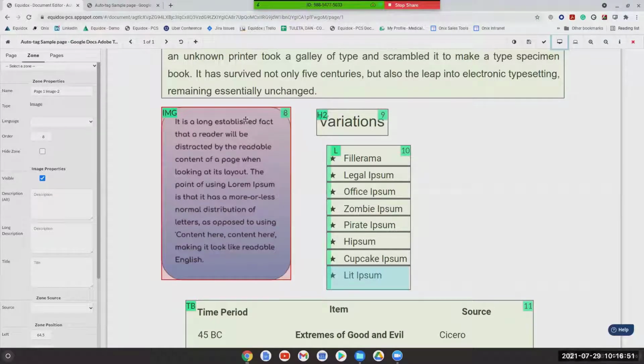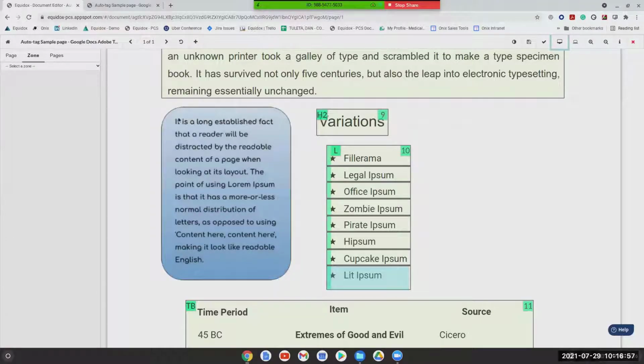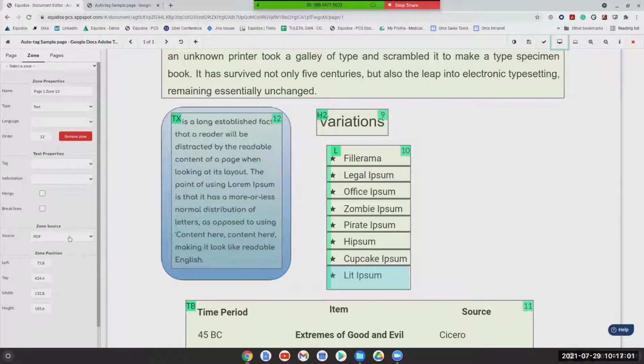So what I want to do is use a technique called OCR. If I hit backspace to just artifact that image, I can then draw a new zone over this text content. And if I change the zone source to OCR, I can then press convert to text, and convert to text will actually run a process where it will look at the image that I've taken here of this zone, and it's going to process it and try to establish exactly what is inside of it in terms of usable, selectable, searchable text.